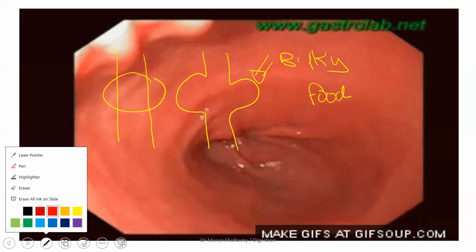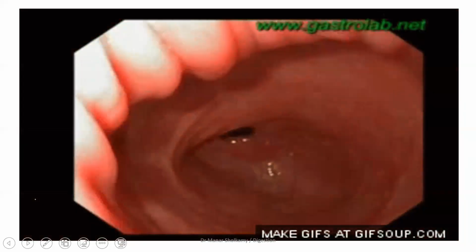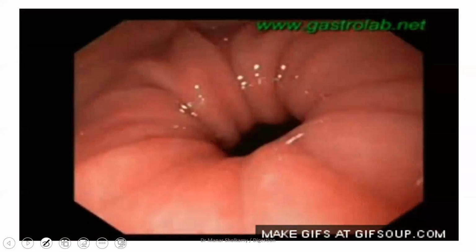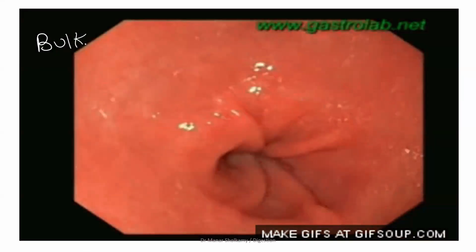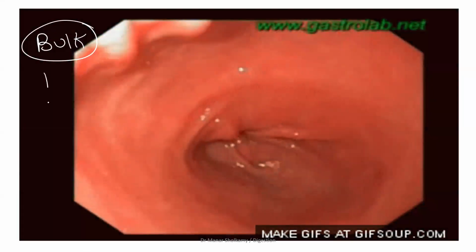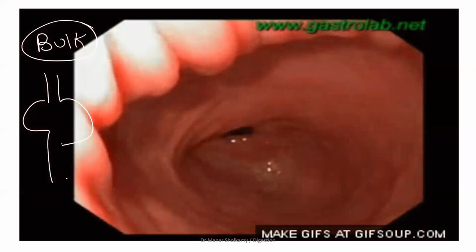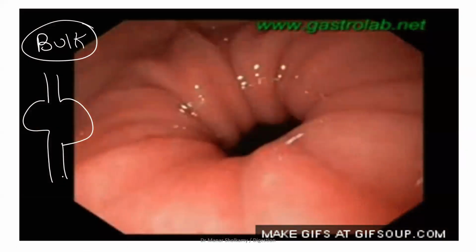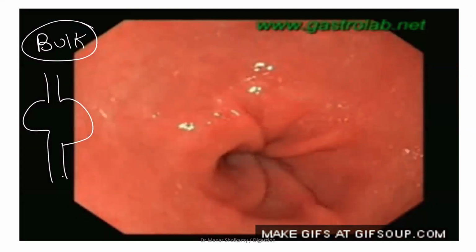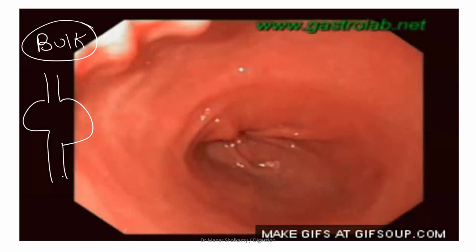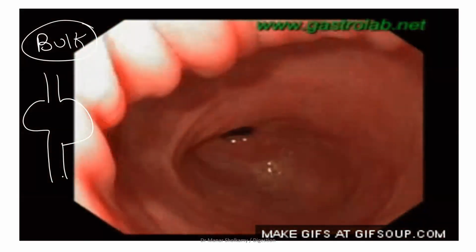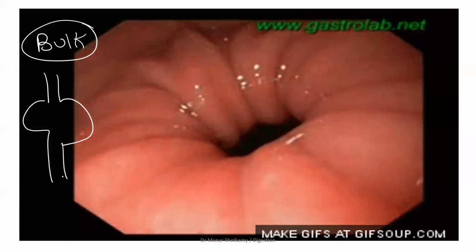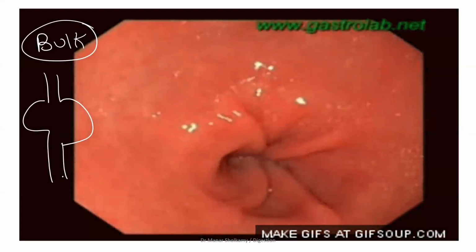Fiber is the cell wall in plants. Fiber cannot be digested, but even though it cannot be digested, fiber is very healthy because fiber makes the food bulky. This is a keyword. That's why I keep on mentioning it. Fiber adds bulk to your food. Your food will be very bulky in your digestive tract, and your digestive tract will have to push and push and push to get it out. This pushing means your digestive system will move, and moving the digestive system is good for you, because it will remove everything in your digestive system, and I will go to the bathroom and I will be happy, and I will not have any constipation.